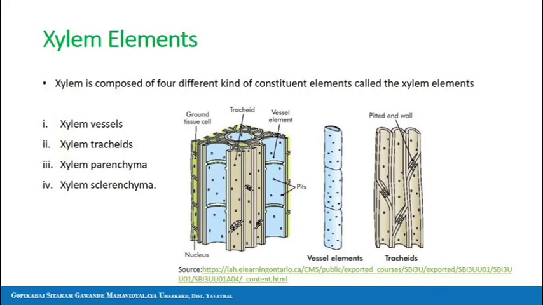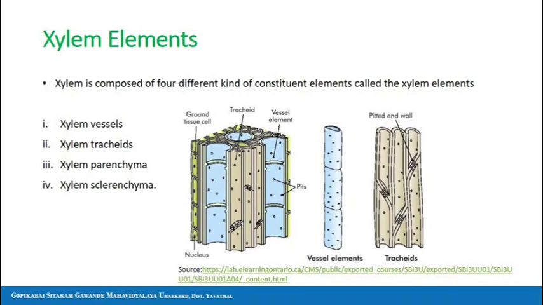Then the third element of the xylem is xylem parenchyma. This xylem parenchyma is also known as wood parenchyma. It is a group of living thin-walled cells containing food material. It helps directly or indirectly in the conduction of water through tracheids and vessels. And the last